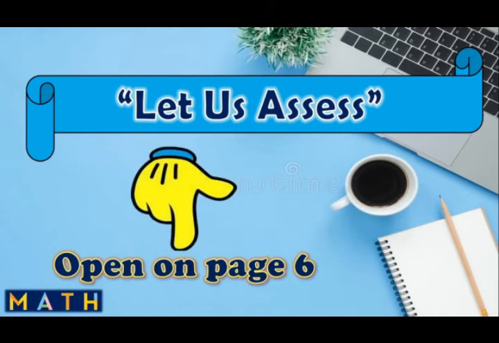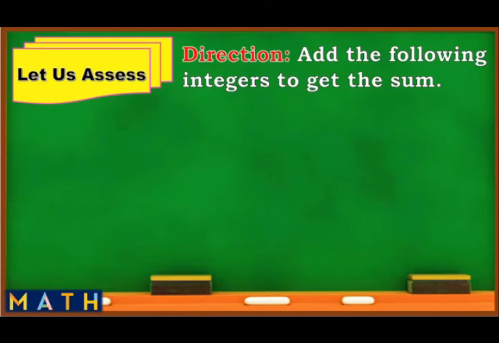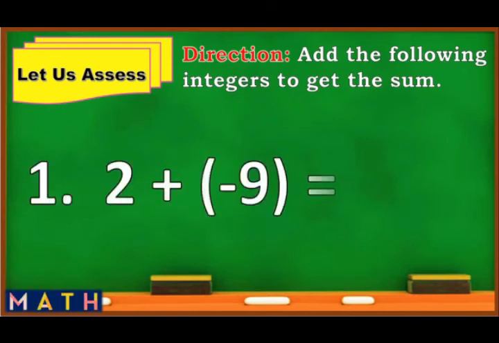Now, open your module and turn to page 6. Answer the activity, let us assess. You are directed to add the following integers to get the sum. Let's start. For number 1, positive 2 plus negative 9, the correct answer is